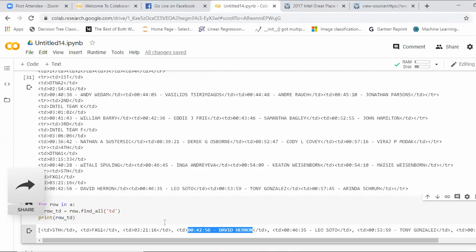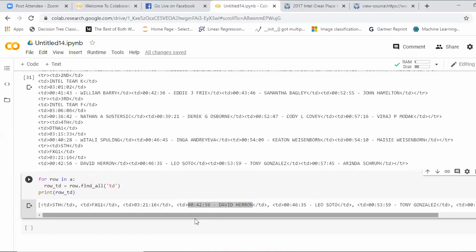Our main concern now is to remove the tags, because we are having the tags, right? TD. Now our concern is to remove the tags. That's where Beautiful Soup comes into the picture. Yes, is it clear? TD stands for table cells. We are getting the tags out of here. Now our concern is to make sure the tags are removed and our data is clean.